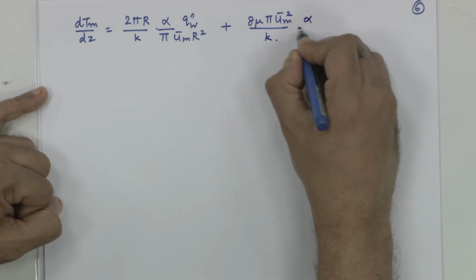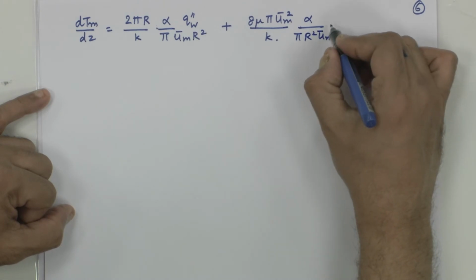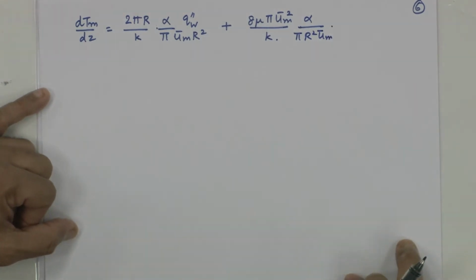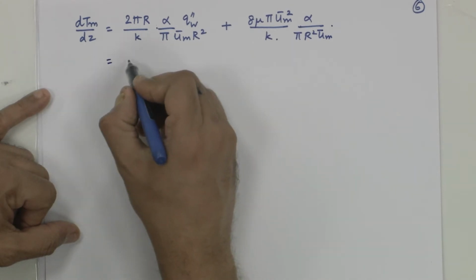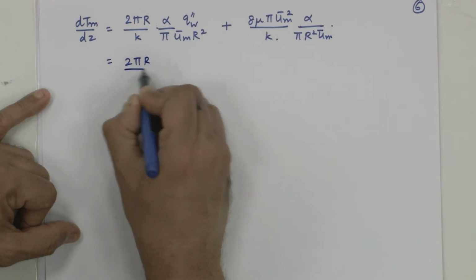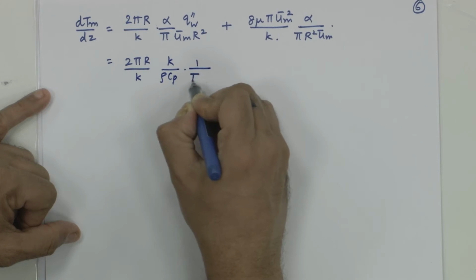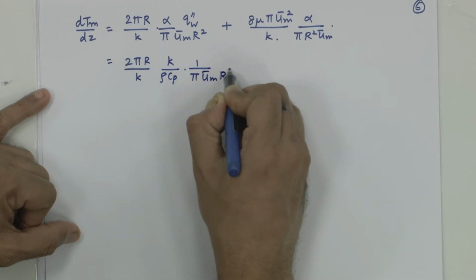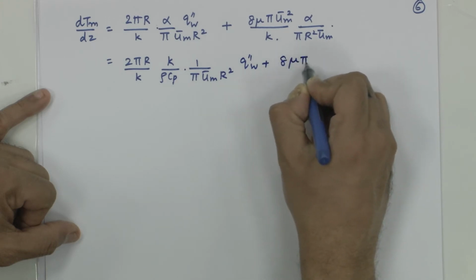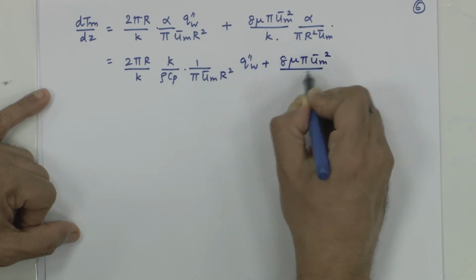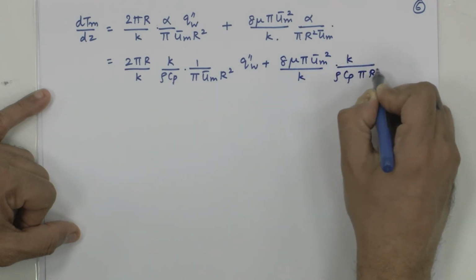So, you are going to have alpha by pi R squared u m bar as it is. So, alpha is k by rho Cp. So, you get 2 pi R by k, k by rho Cp, 1 by pi u m bar R squared q w plus 8 mu pi u m bar squared by k, k by rho Cp pi R squared u